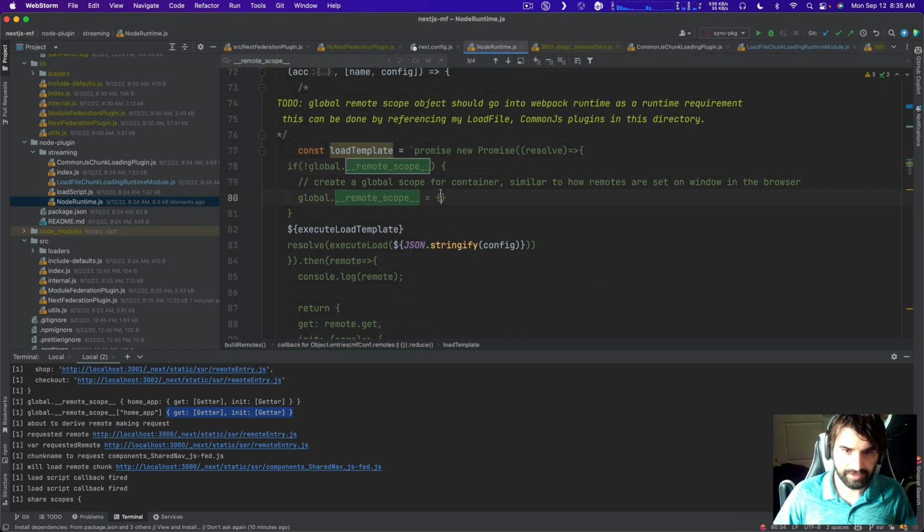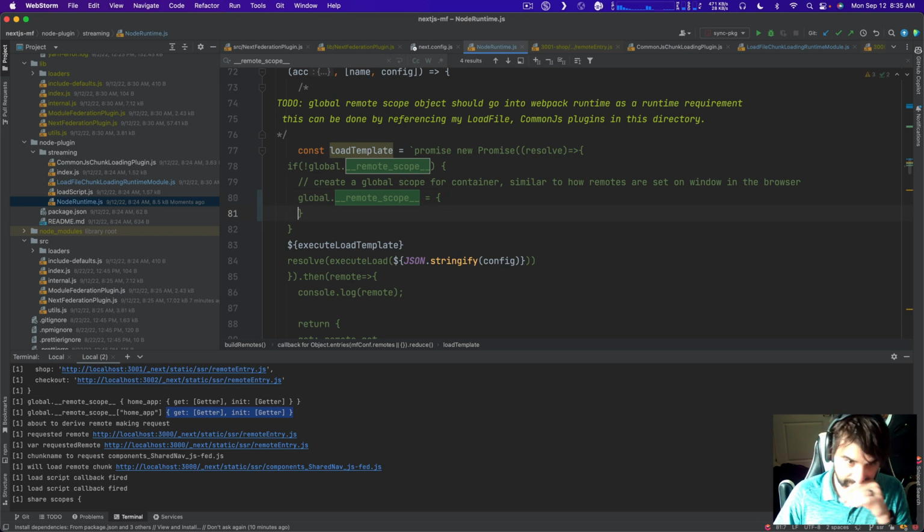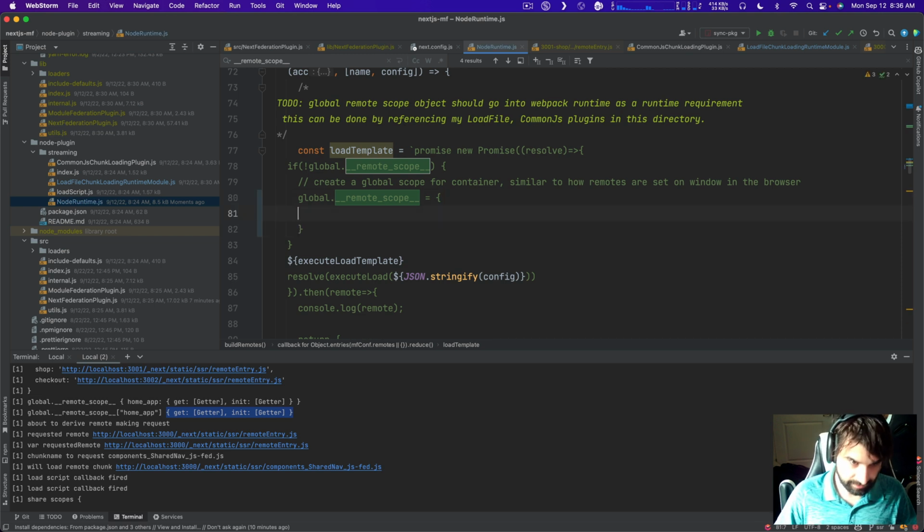Remote scope. Okay, so here we go, remote scopes. This is where I just set it up to get going. And then in here, I'm going to create a key called _config. And what this should be is, it would usually be these configs here,